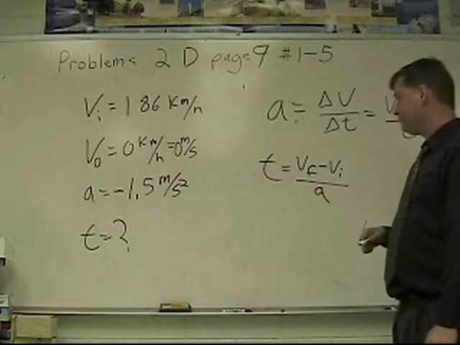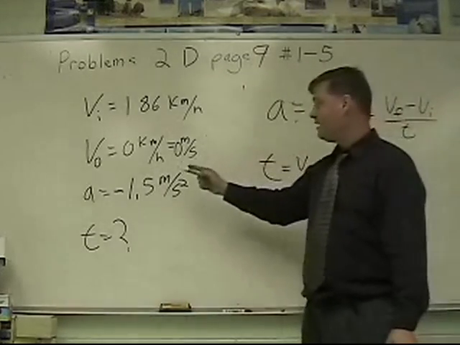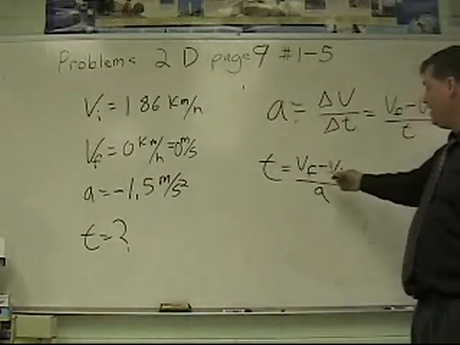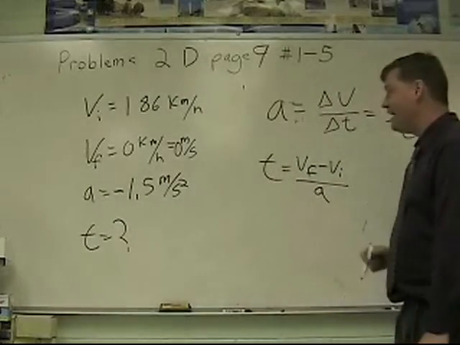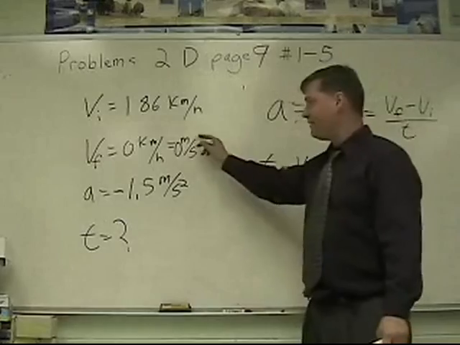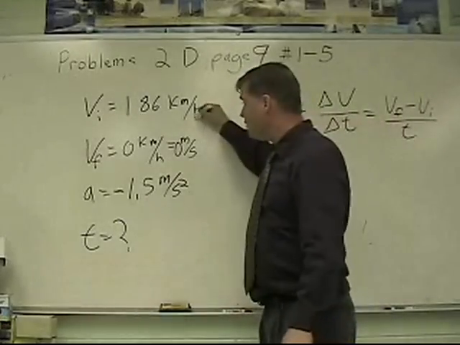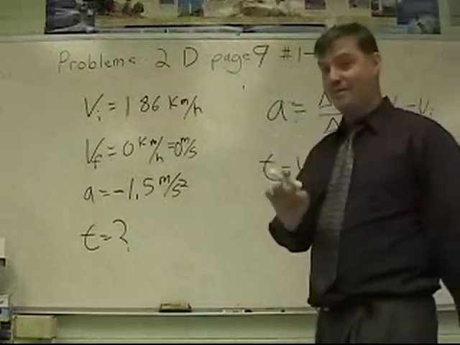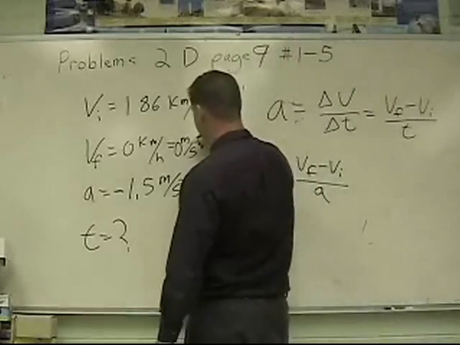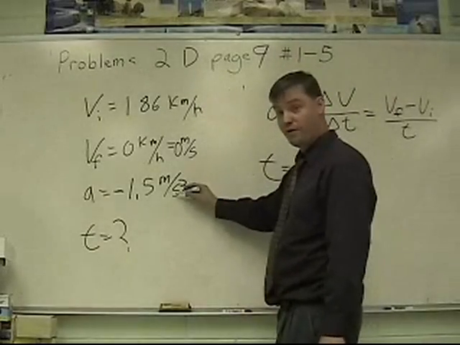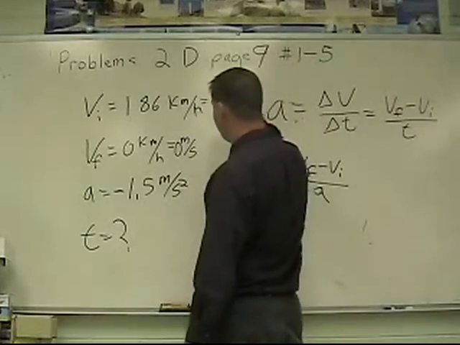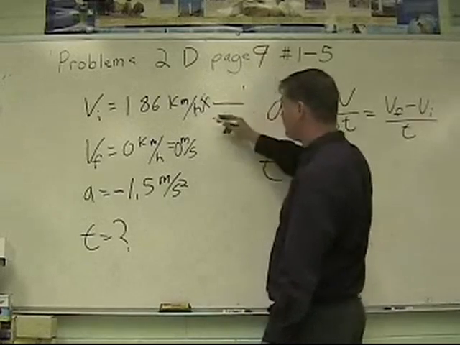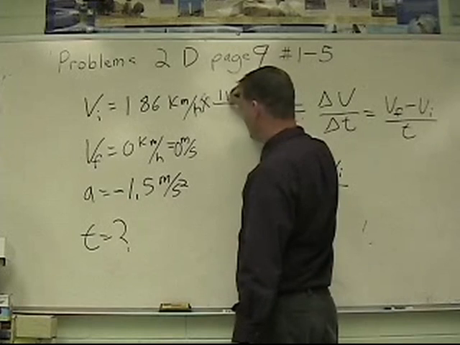We're looking for T. We're given a VI, and we're given an acceleration. Now, obviously our VF of 0 can easily convert into meters per second. We need to convert the initial velocity once again from kilometers per hour into meters per second, and then we'll end up with a time in seconds and not hours. So to do this, since our acceleration is in meters per second squared, we want to use all the same units for our quantities. 186 times, we have in 1 hour,